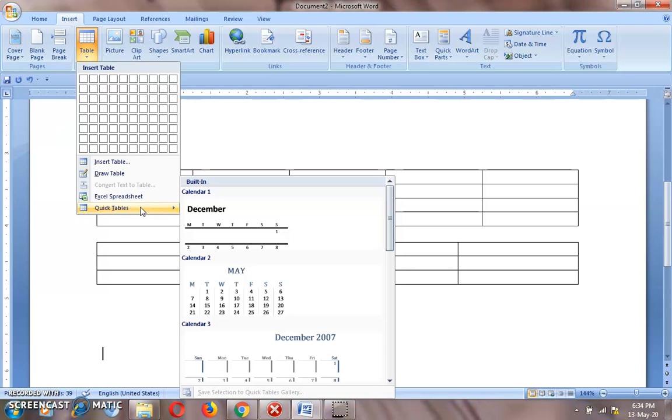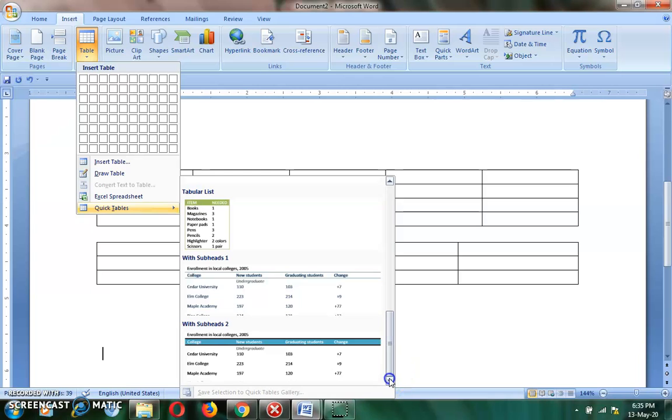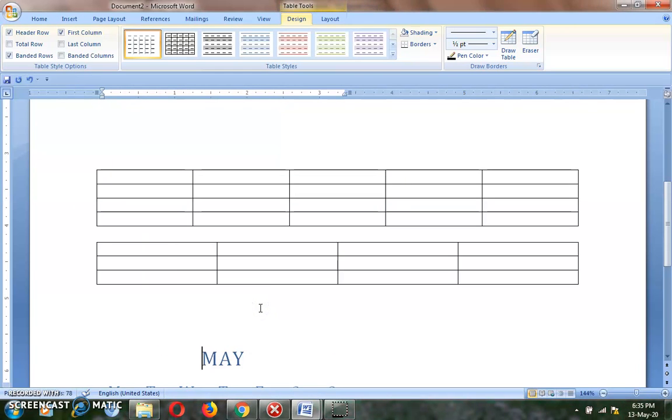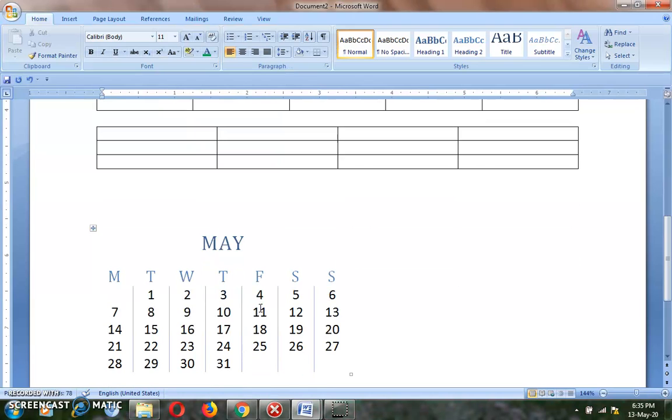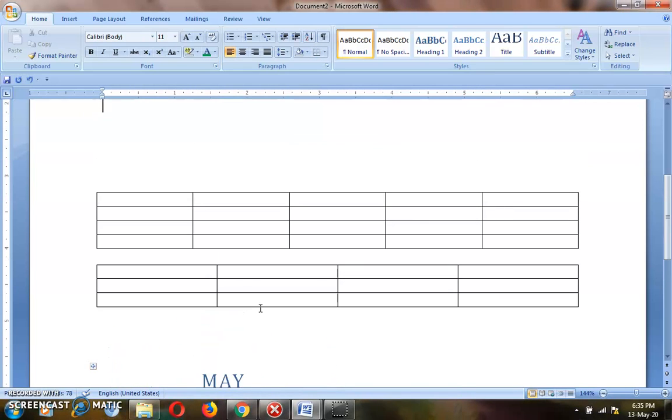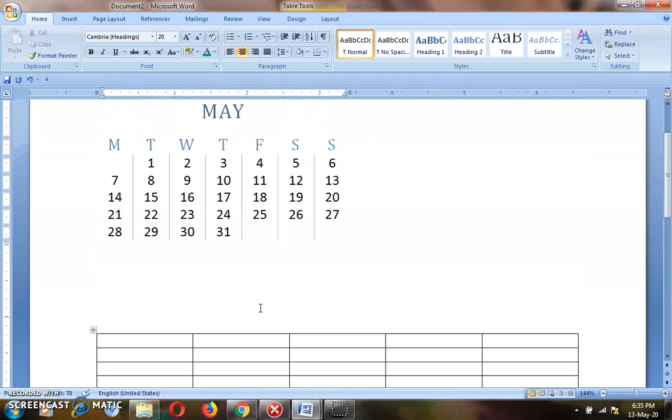In this option, some built-in tables are available in MS Word, and from these tables you can select one which you want to insert in your document, like this. So these are the three methods by which we can insert a table in an MS Word document.